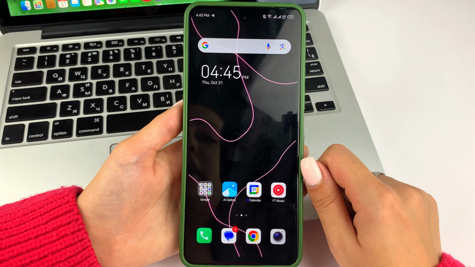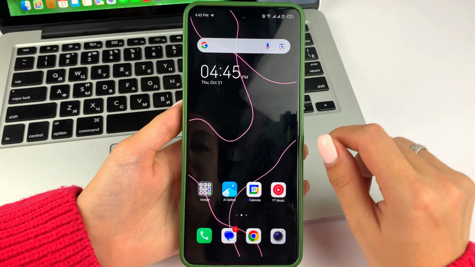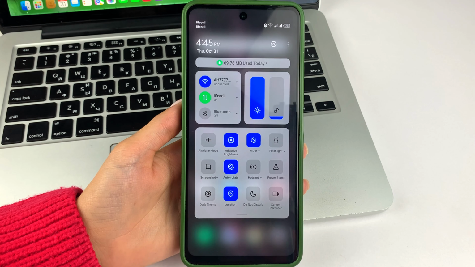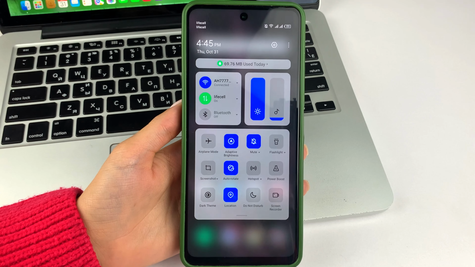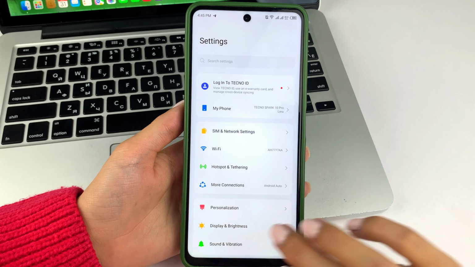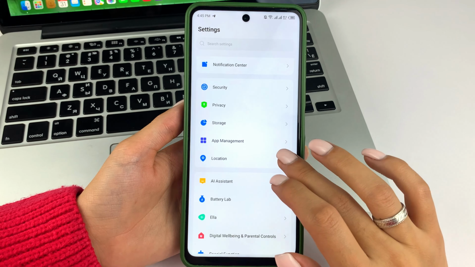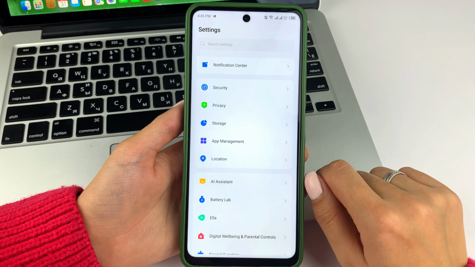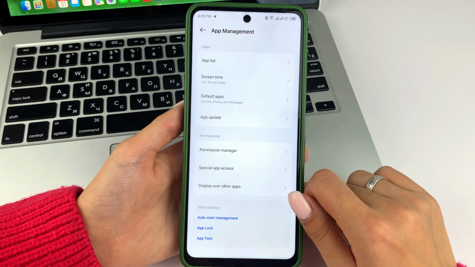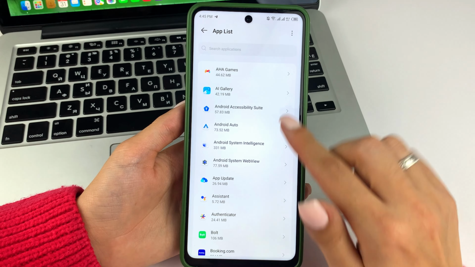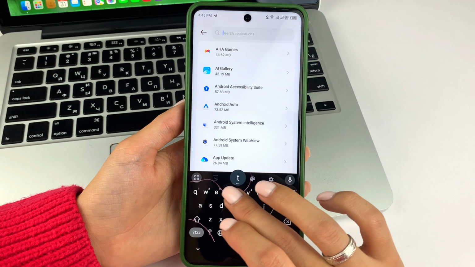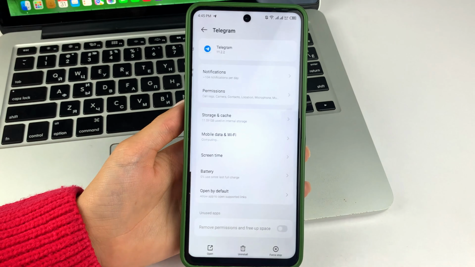I recommend you to start by going to the settings. To do that, swipe your phone from the right side from top to bottom and press the gear. Next, swipe down a little bit and select the app manager. Now when you get to the list of all your apps, you'll see the word Telegram in the bottom row. Open that app